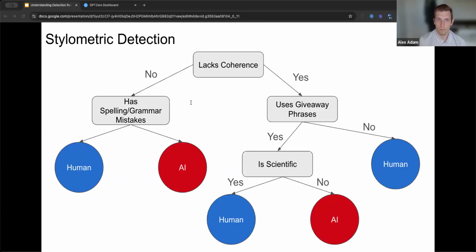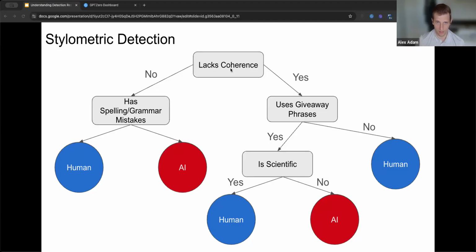And here's a clear visualization of what a model based on stylometry might look like. So once you define all of these features, in these gray rectangles, we can use a decision tree to classify text as AI or human.